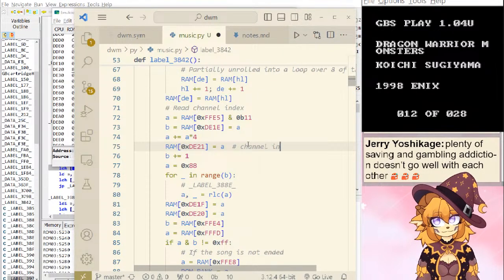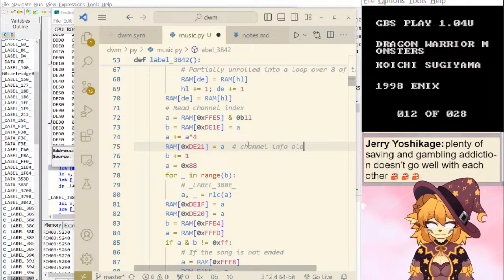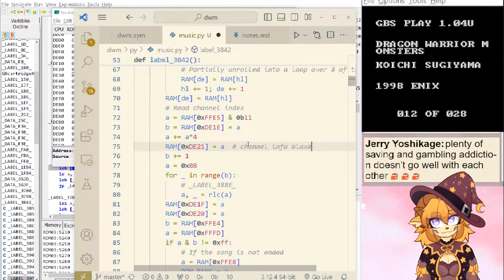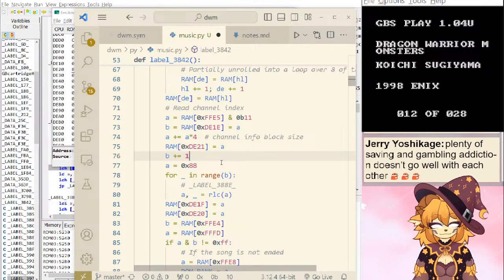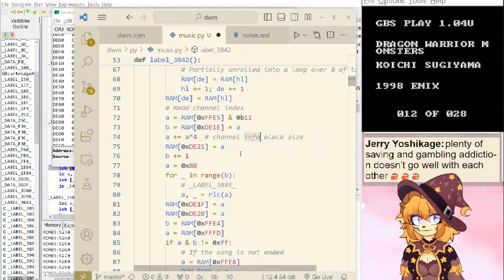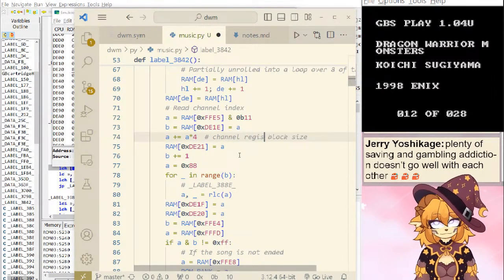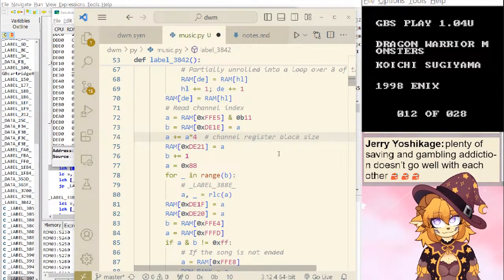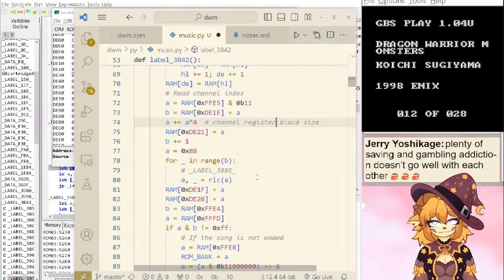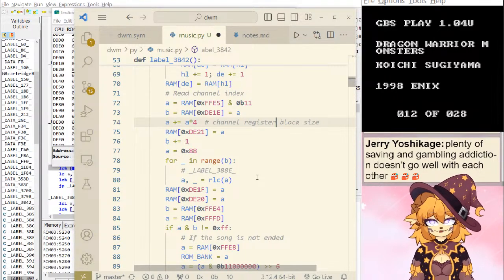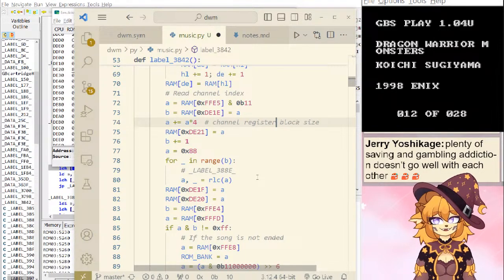Channel info block. I don't know what to say. We'll put that there actually. A channel register, I guess. Oh shit. 9. Okay.